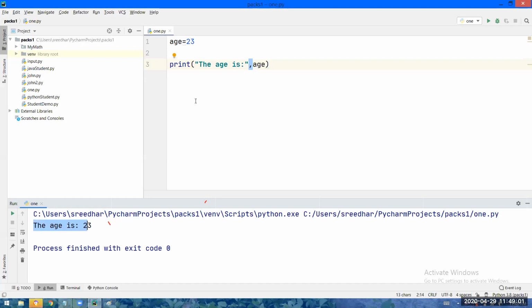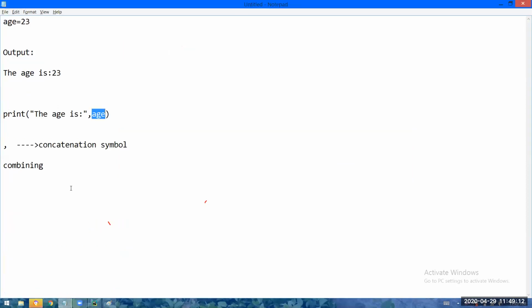There is another technical reason. To concatenate a string and an integer in Python, we put a comma. That I will tell you later because I haven't talked about data types yet. So now can anybody answer my question? 10 is the age. Like this, I want to get the result. Can anybody answer what I have to write in the print function?